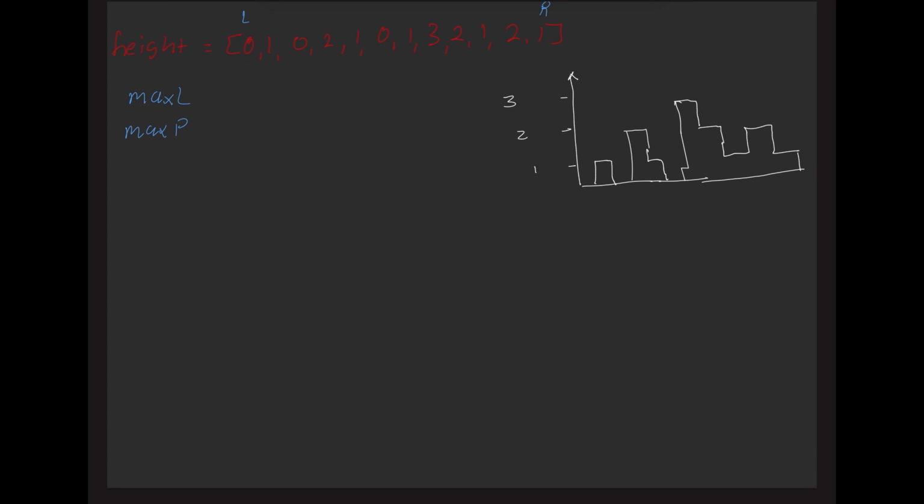We initialize them at height of left and height of right. Then, as long as we have our base case, while left is less than right, if the height of the left is smaller than the height of the right,